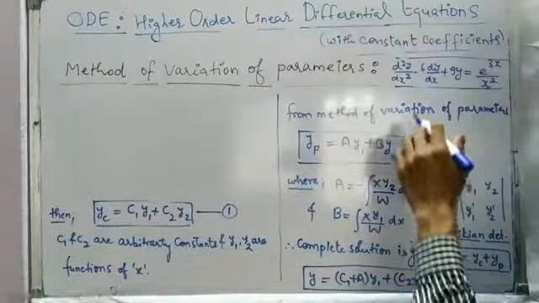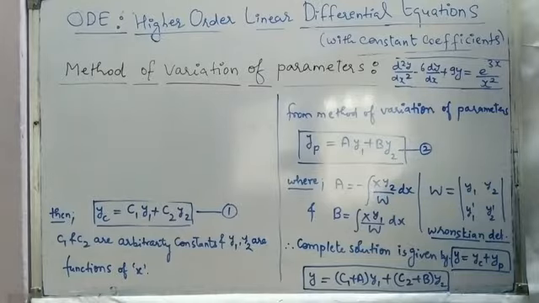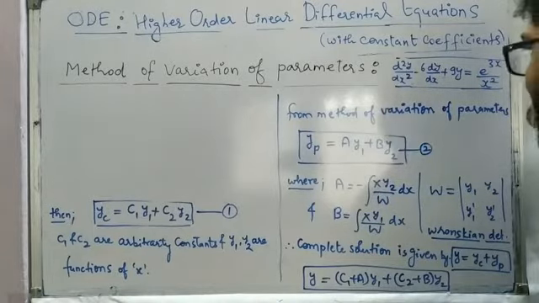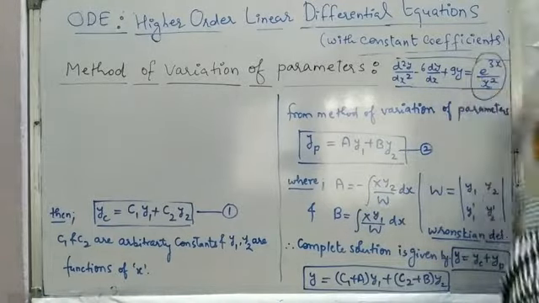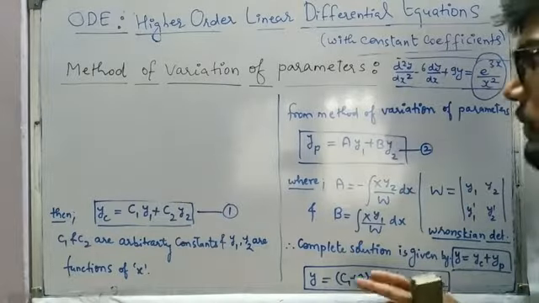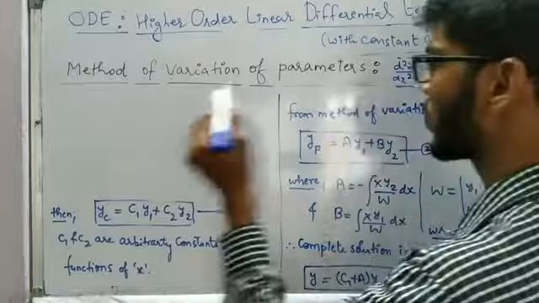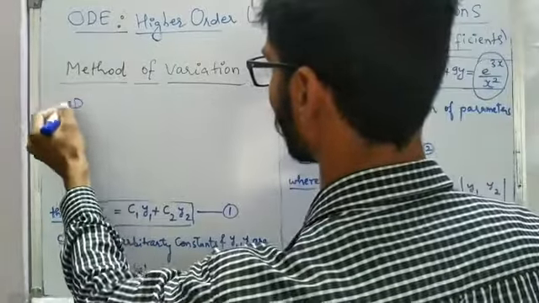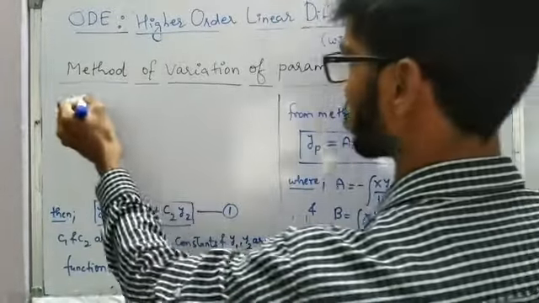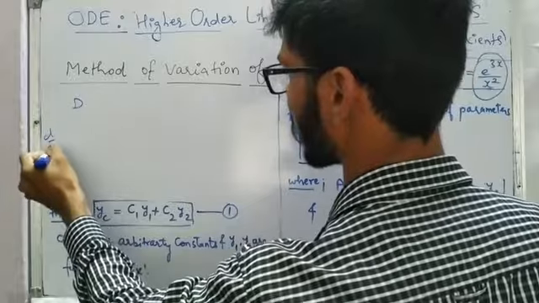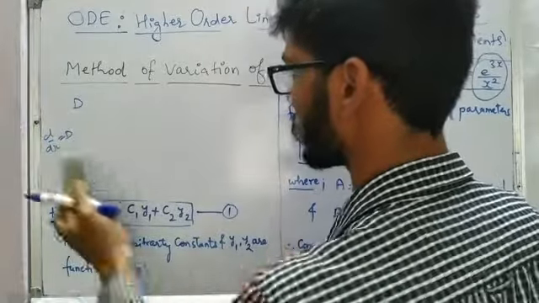So the problem is d2y by dx2 minus 6 dy by dx plus 9y is equal to e power 3x upon x square. We can see this capital X is not at all out of those 5 cases. So we have to make use of the method of variation of parameters. So this I'll write first in the form of auxiliary equation, putting d by dx as capital D. That's what we have to do.